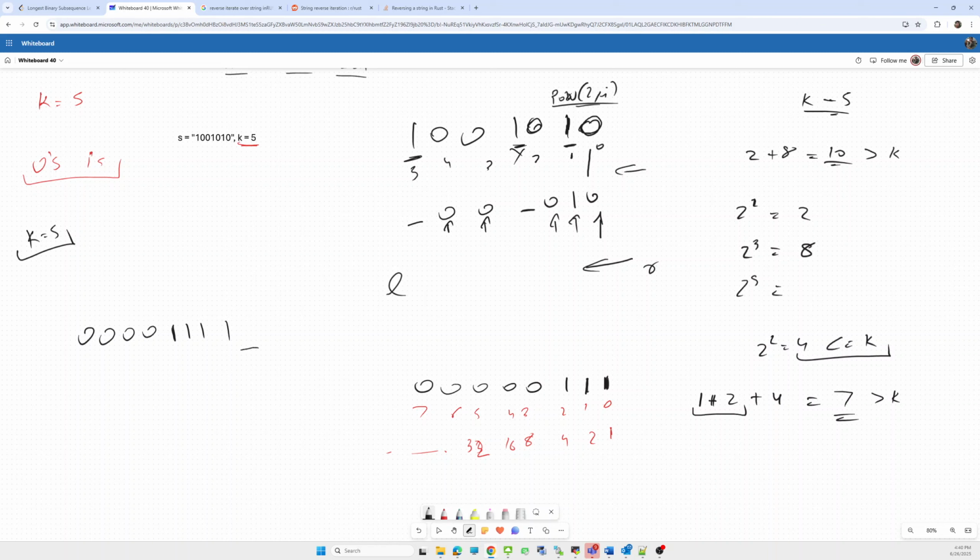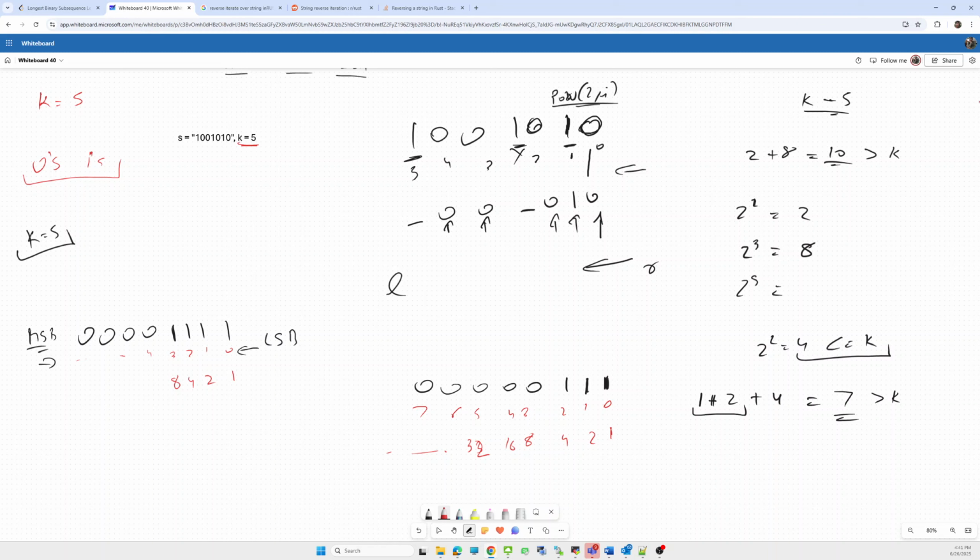This side is the LSB and this one is the MSB. Let's take the indexing: 0, 1, 2, 3, 4 and so on. If we consider this one, the corresponding value will be 1. For the next ones, the values will be 2, 4, 8. So we have to consider the ones which are under our range.